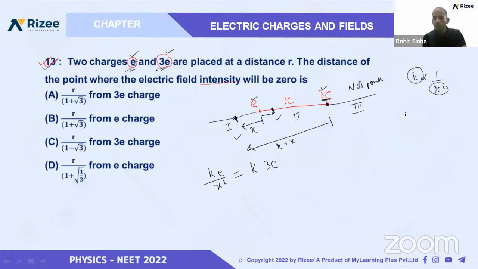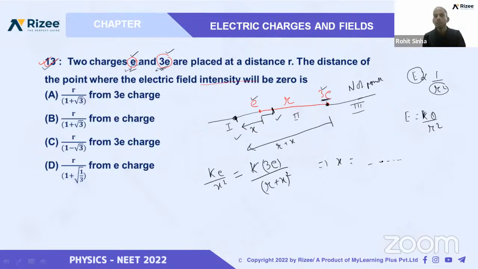k3E. We know electric field is equal to kQ by r square. We will write k, this is Q by r square. Distance is r plus x whole square. We should solve both sides, and after solving, we will get the value of x, and x will